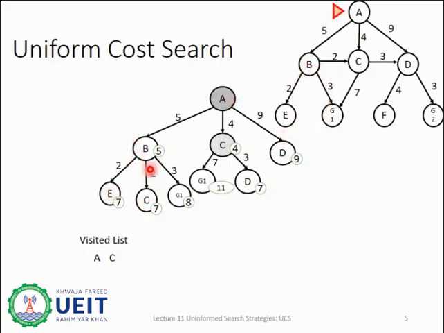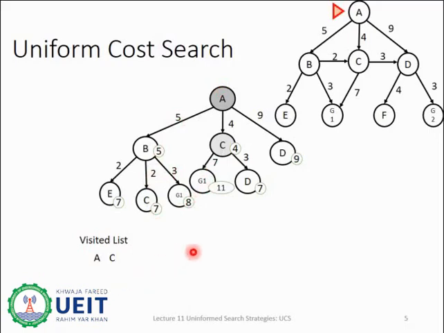Thus we will write these 3 children in the spanning tree. We can go from B to E with the cost of 2, from B to C with the cost of 2, and from B to G1 with the cost of 3. We will mention all these costs and calculate the total path cost from the root node to reach these nodes. For example, the total path cost from the root node to reach node E through B will be 7. For C, the total path cost, adding 5 and 2, will be 7. For G1, it would be 8.